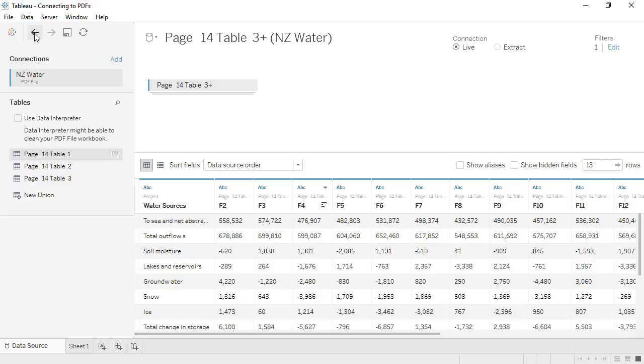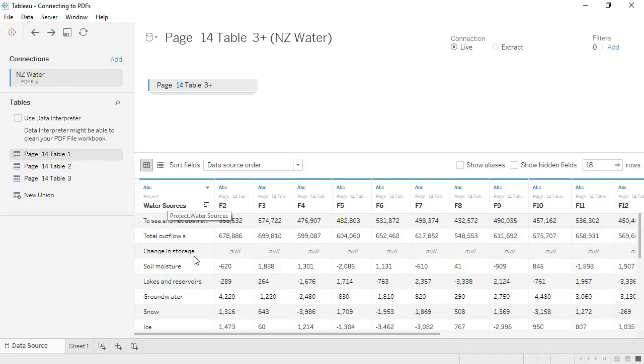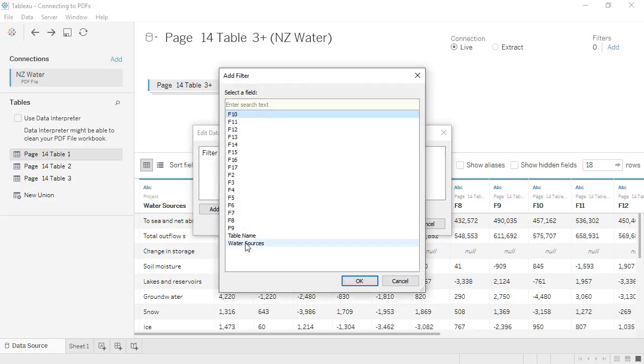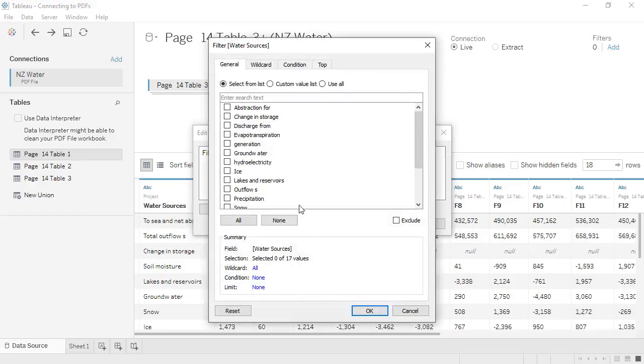But I'll undo that because we also see that there are several types of water sources that are actually totals. We want to filter those out and the nulls all at once. We'll go to Filter and Add, and we'll select Water Sources. We'll check anything that's a header or a total from the original PDF or that corresponds to a null row